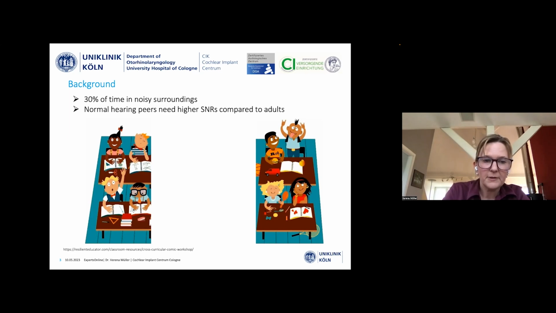And studies with normal hearing peers showed that they needed much more than 15 dB more SNR than do adults of normal hearing. And with a cochlear implant, such environments are even harder, and perhaps directionality might help them in these situations. But as with normal hearing listeners, we cannot adopt the results from the normal hearing, the CI patients that we have when we do the studies with adults. So we made them with the bilateral children, and